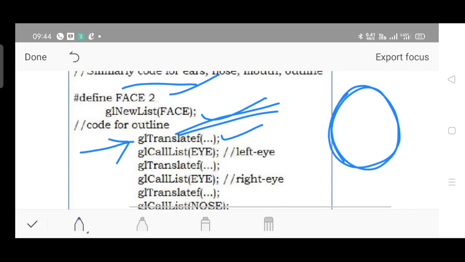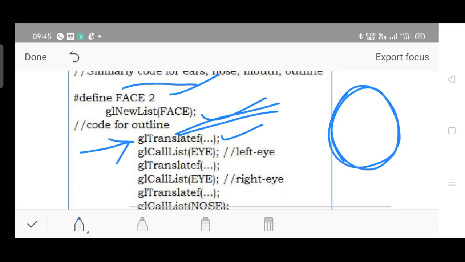I hope you have got the idea. Resizing means either you can zoom in the object or zoom out the object. Zoom in means you can enlarge its size, or you can diminish its size, you can reduce its size. Enlargement refers to the object coming nearer to you, and diminishing means the object is moving away from you. So they are the three kinds of geometric transformation functions that we will be discussing further in detail, but keep that in mind.